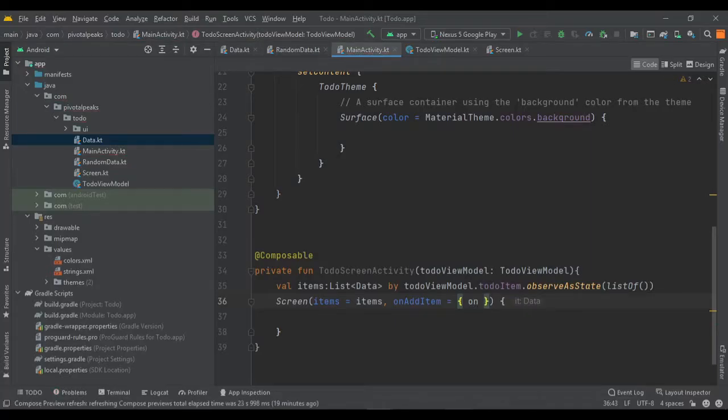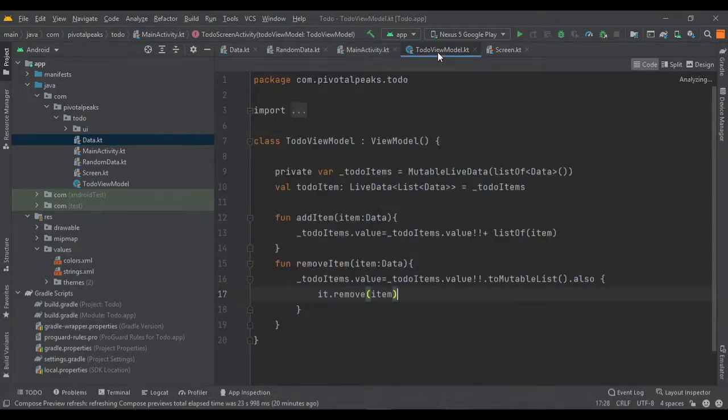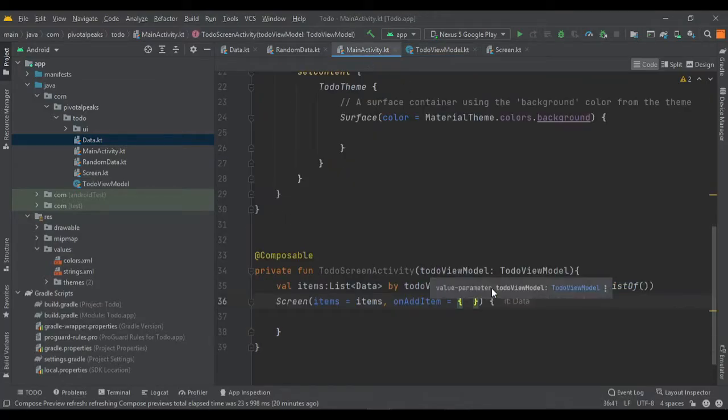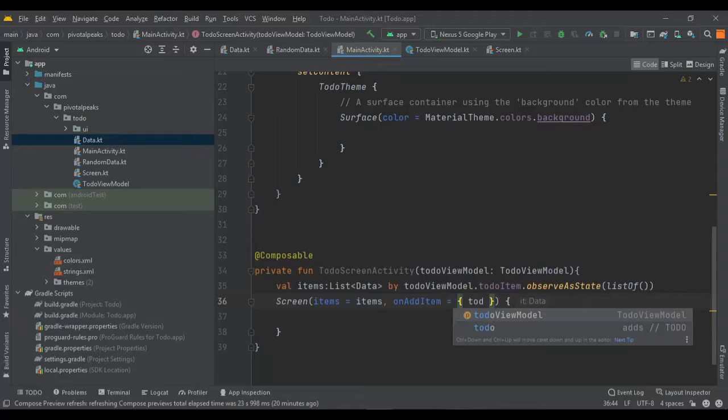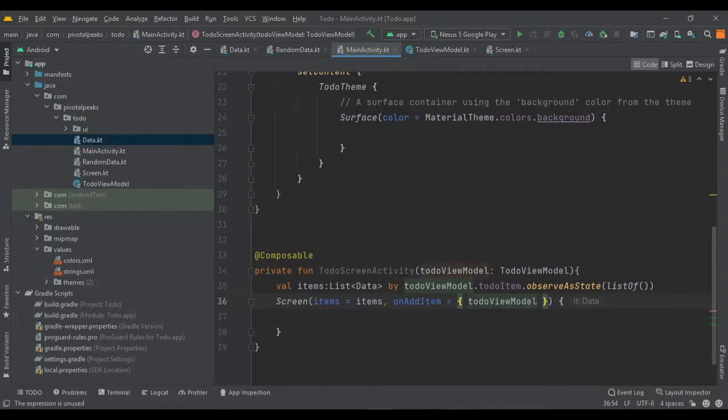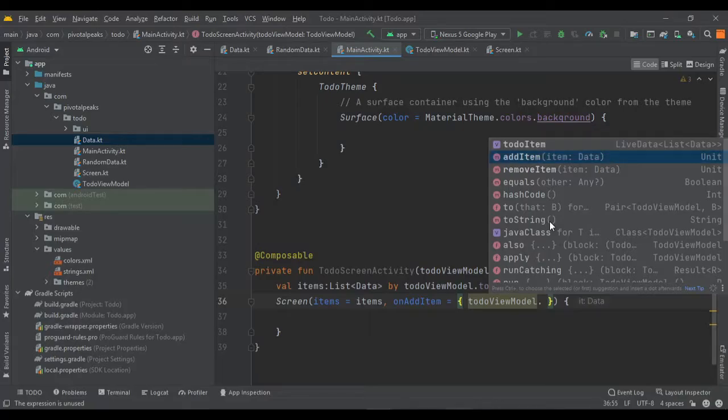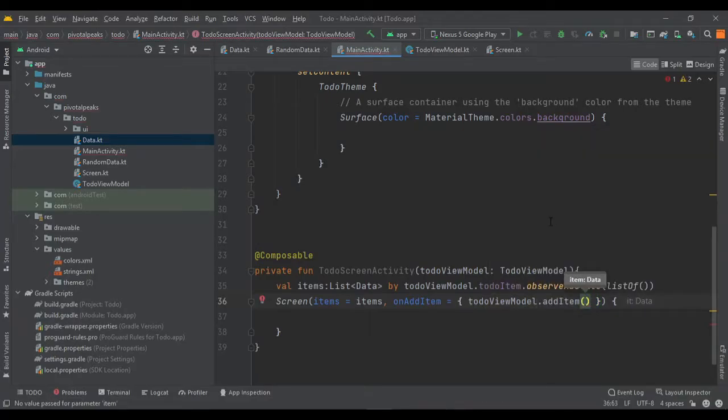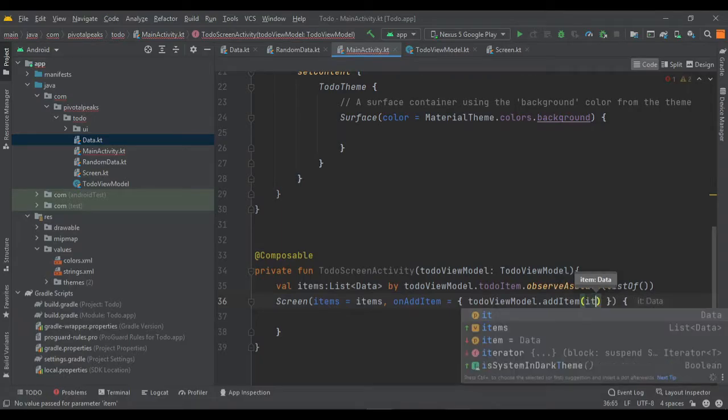Let's call it onAddItem, and for some reason it's not showing. Oh, yeah, we created our add and remove item functions here. So we are going to pass these two functions into our screens. For that we need to use the toDoViewModel reference which we created earlier. So toDoViewModel dot, now we can call this addItem function, and we need to pass the it parameter.